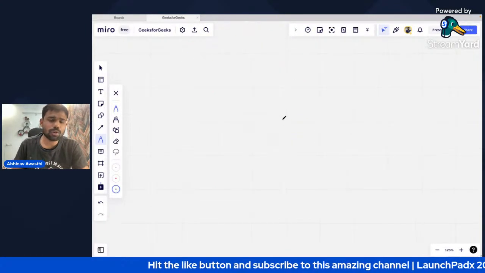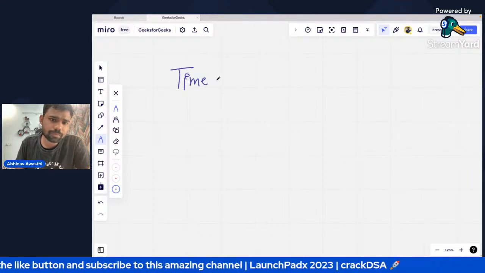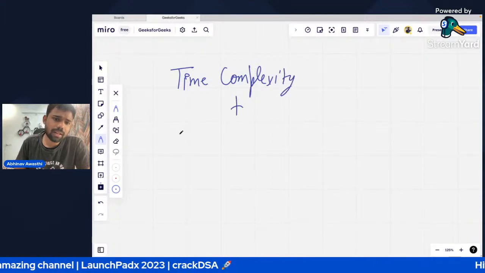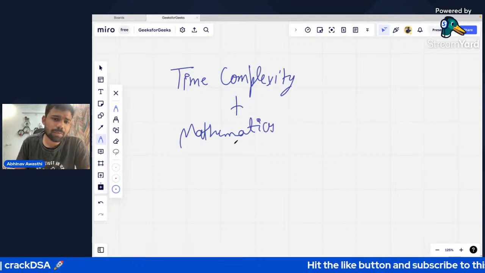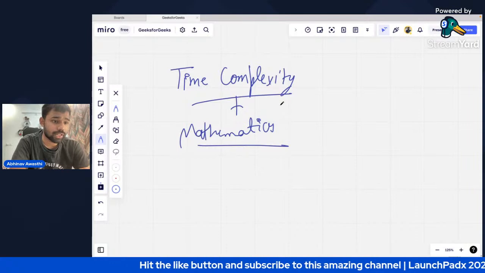So guys, let's have tomorrow's class on time complexity plus mathematics. There are some mathematics concepts there, like prime numbers and other concepts that need to be continued.